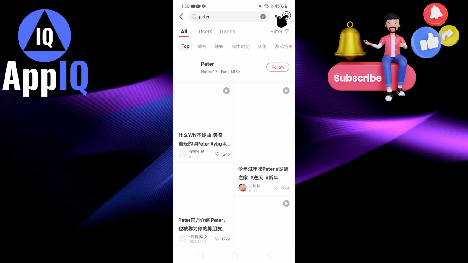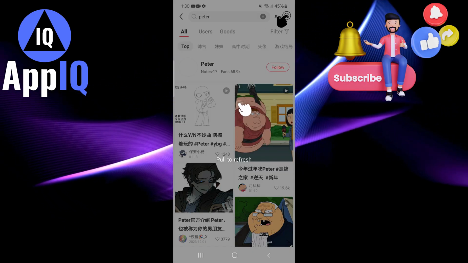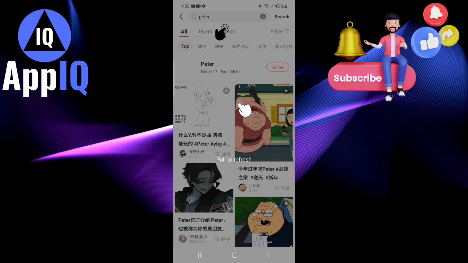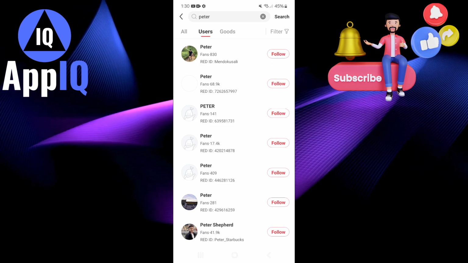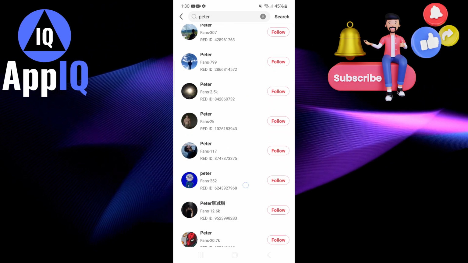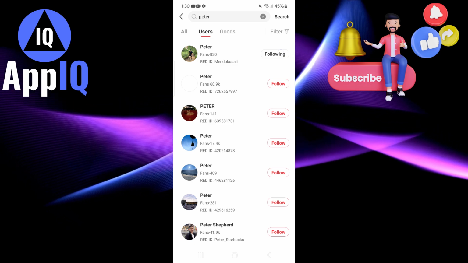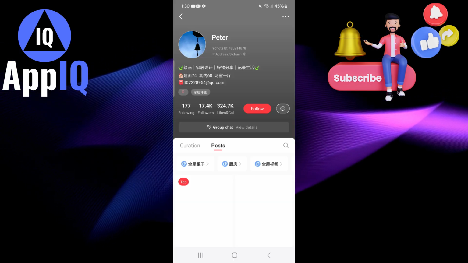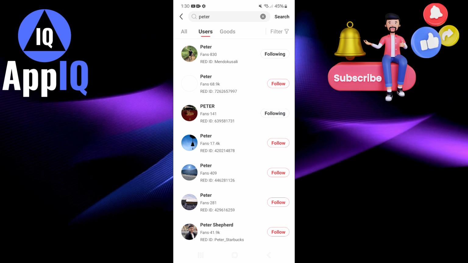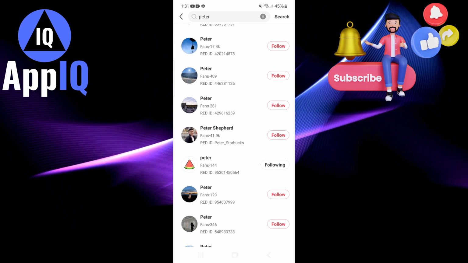Now if you want to search for users specifically, then you can always type in the full name or just simply hit enter, and you can go to users and you will be able to see all those profiles with the name of Peter, and you can basically follow whosoever you want. So I can go ahead and follow someone here, and you can easily follow those persons, right? You can either follow them by simply tapping the word Peter,